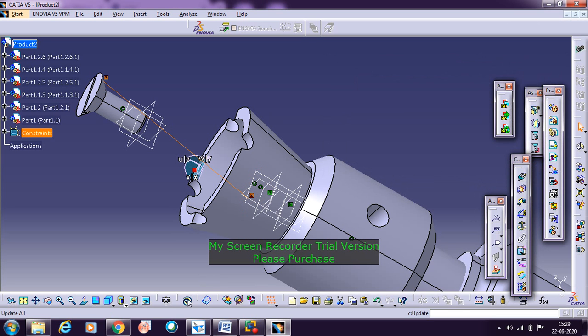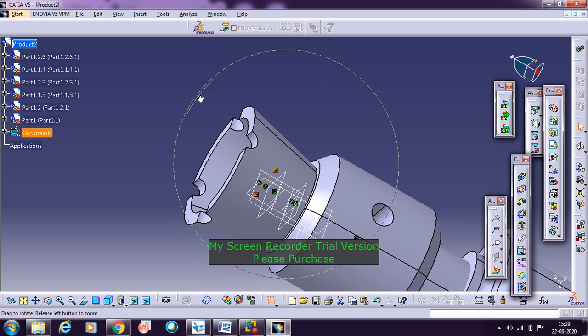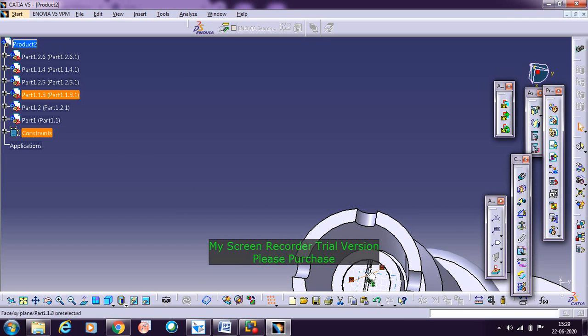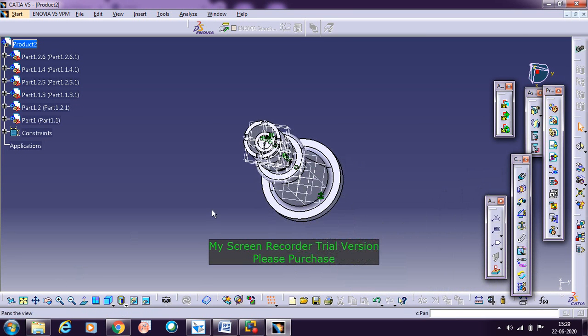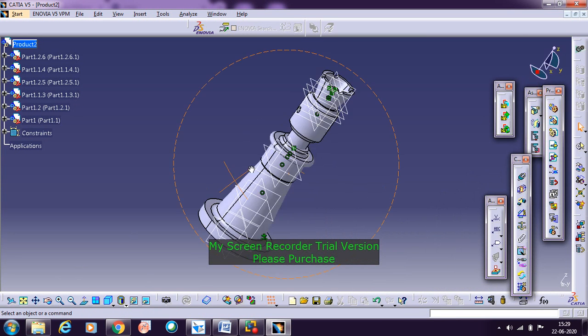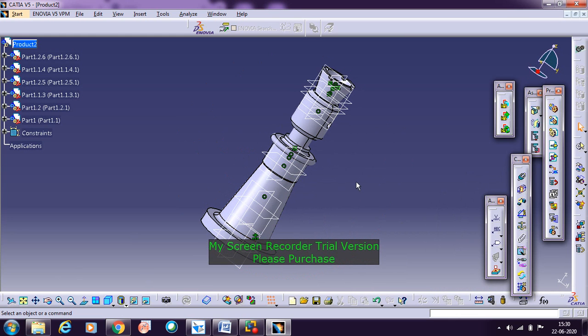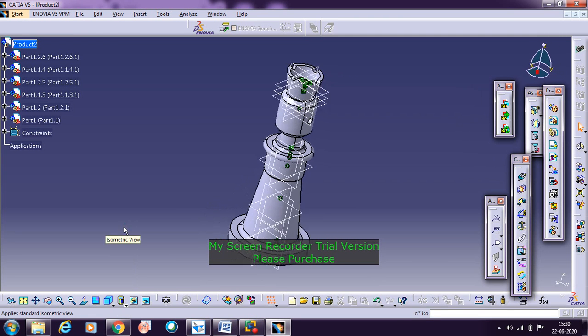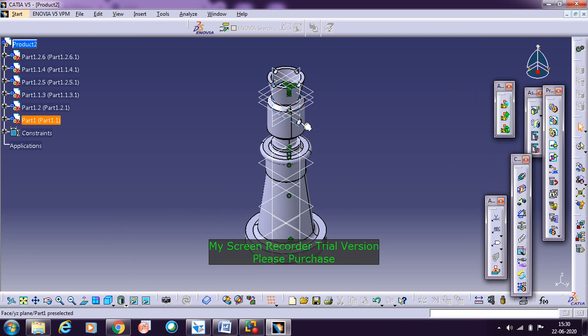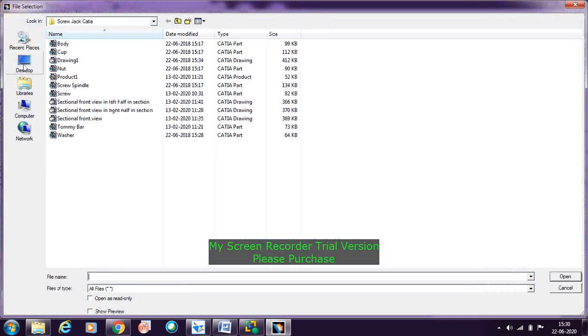So click update so that the screw will be placed in its location here. Now we need to place the tummy bar here, okay, for raising and then lowering. So this is the body part, and this is the platform where you need to place the tummy bar. So go with the existing component with positioning, click the product,